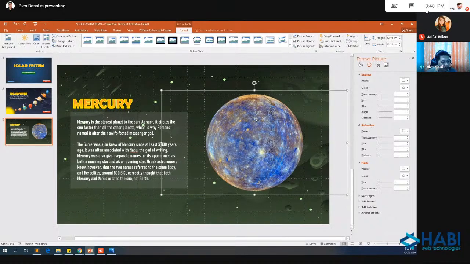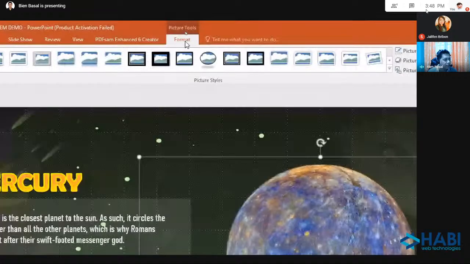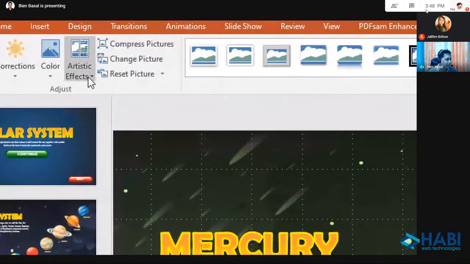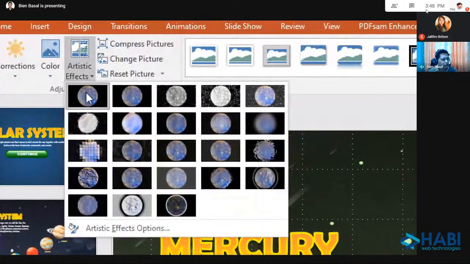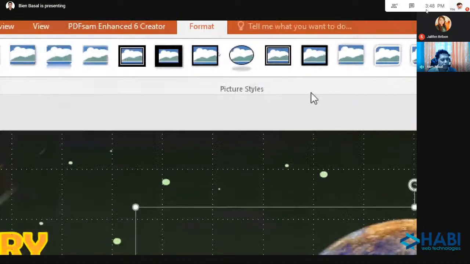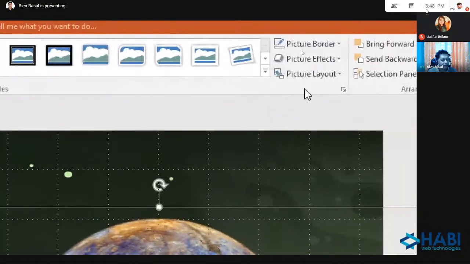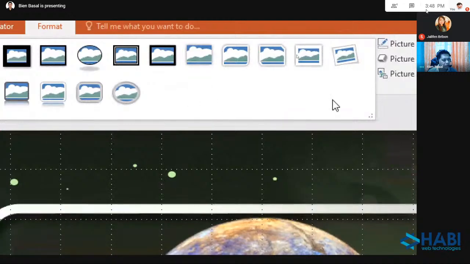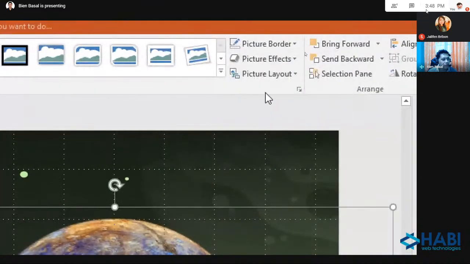Okay, so while this image is selected, what other options can you explore under Format for the image? We have here artistic effects. You don't need to use this because this one's for art effects. But what I want you to focus on is here. Where's that? Picture Effects, this one.